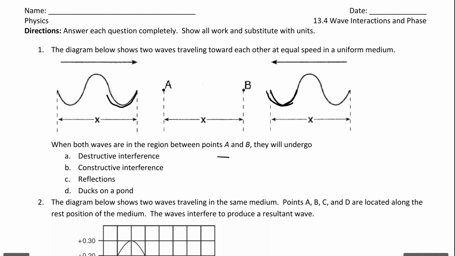That's going to look like this. We have a trough coming in here, moving to the right. Let's say it's -1. And another trough. Let's say the amplitude is -1. It's being displaced -1, whatever, meters away from equilibrium. When they interfere with each other and phase through each other, that amplitude will add together. Even though it's down, it's negative, it's going to be -2. -1 plus -1 is -2. And then they'll continue passing through each other.